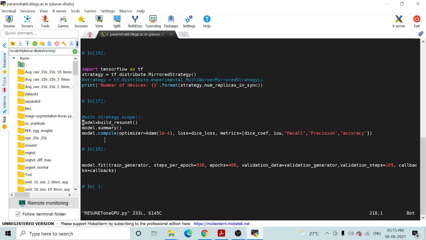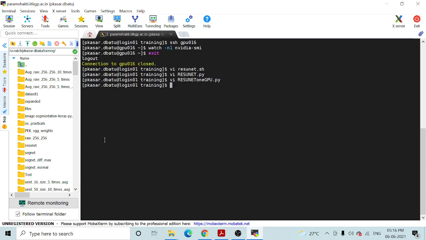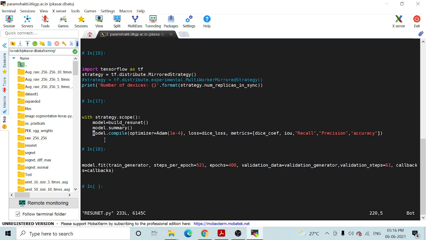So here, the model building and model compilation are not within the scope. The only change is that you need to specify model creation and model compilation within that scope. Let me again show you that change. So here I have changed it like this.